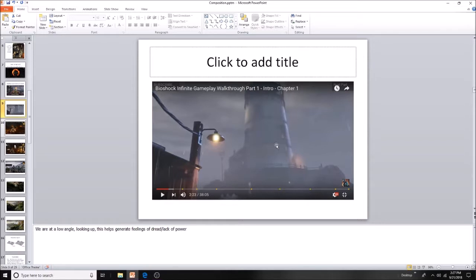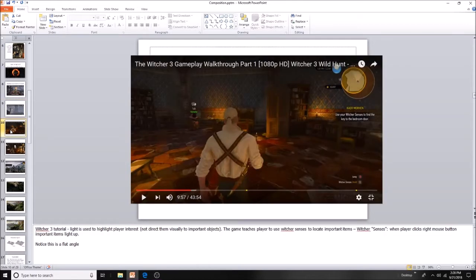So you get this feeling of ominousness, there's a kind of tension, because we are at this low angle looking up at it, and it's big compared to us. So it makes the player maybe feel a sense of dread, right? Or they can feel powerless. Another thing that you can